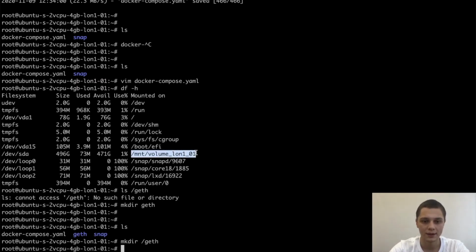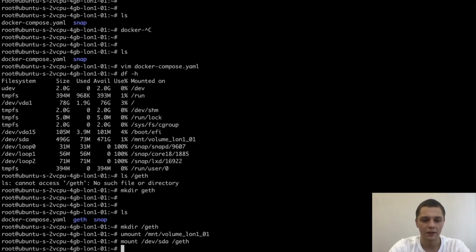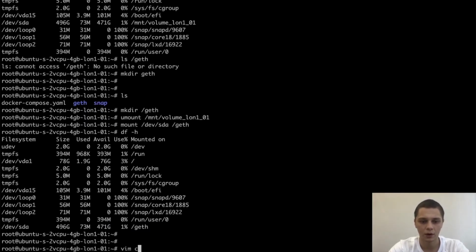And here you can see that volume was mounted on a specific path for me, but I want it on /geth. So I will unmount what DigitalOcean has mounted for me, and I will mount dev sda to /geth. Now it should be mounted to the correct directory. So we can start our geth